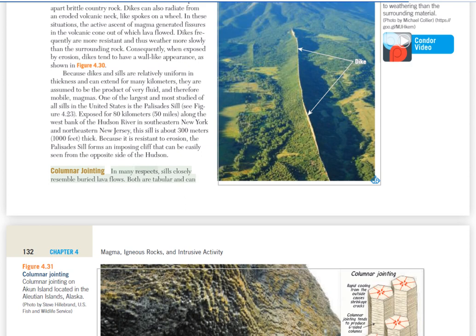Columnar jointing. In many respects, sills closely resemble buried lava flows. Both are tabular and can